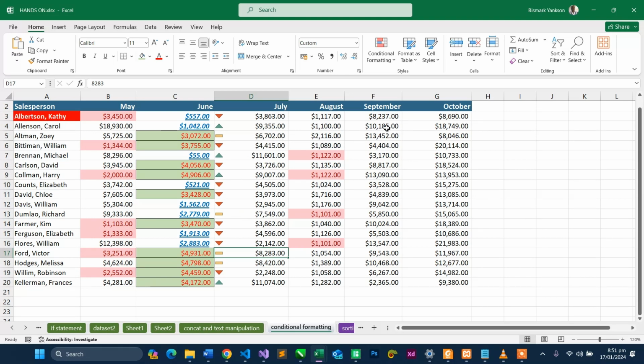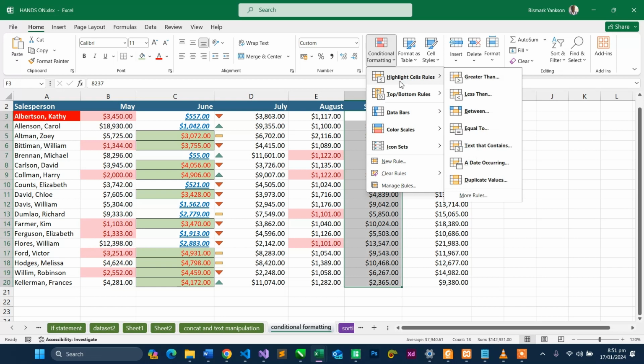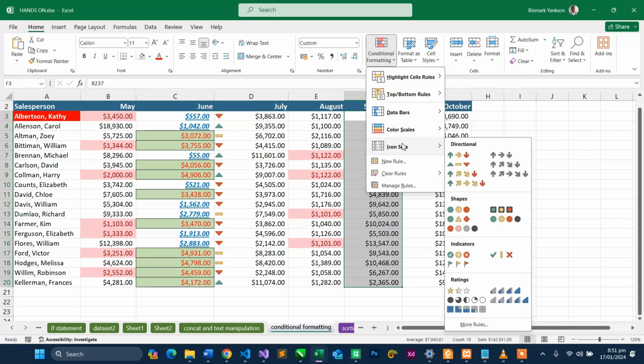Let's come here to September. Let's also do something with September. Please, if I am running fast or you are not getting something, just quickly draw my attention. Let me take a break, then